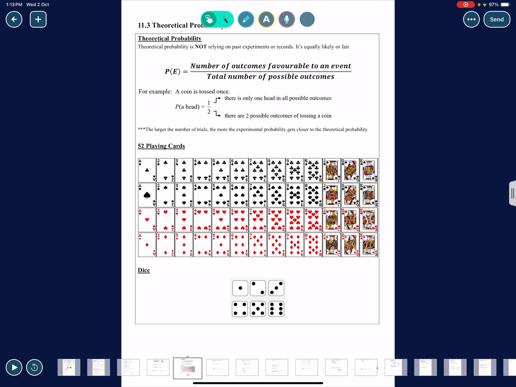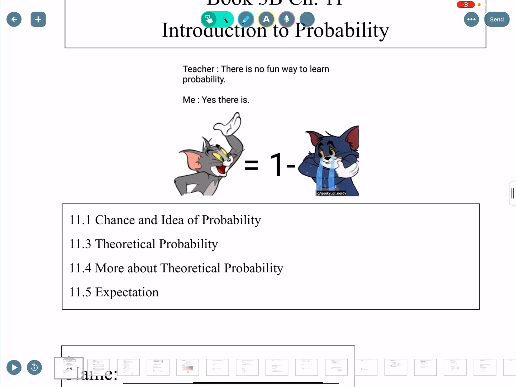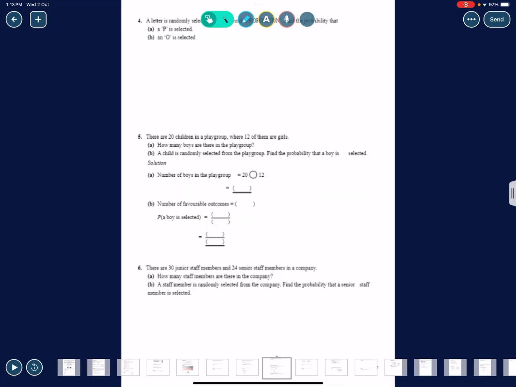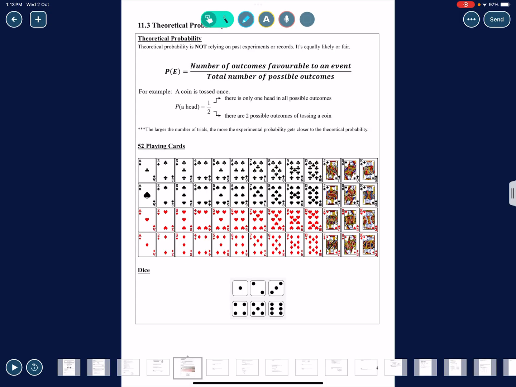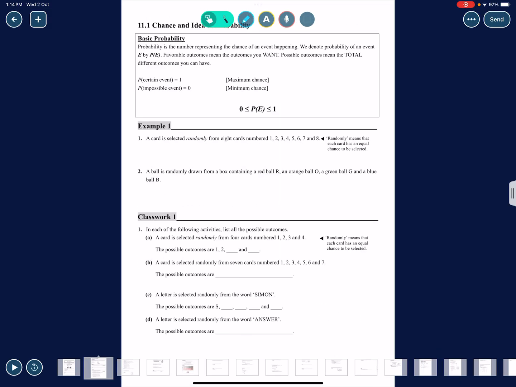Hi, this is a new chapter on probability. So I'm going to go through 11.1 and 11.2 as well as 11.3. The first thing is going to be chance of probability. Then I will go through theoretical probability. All right, so chance,